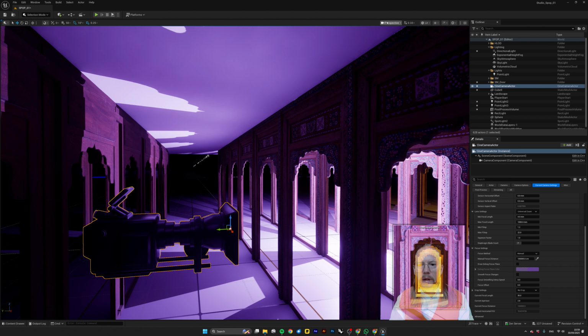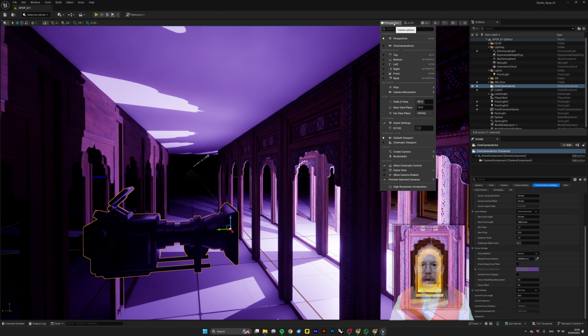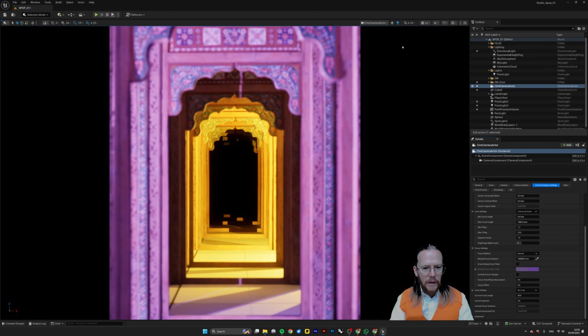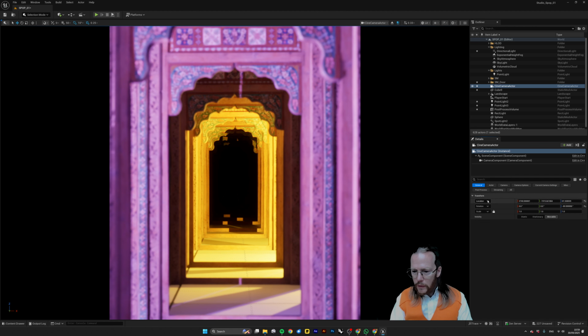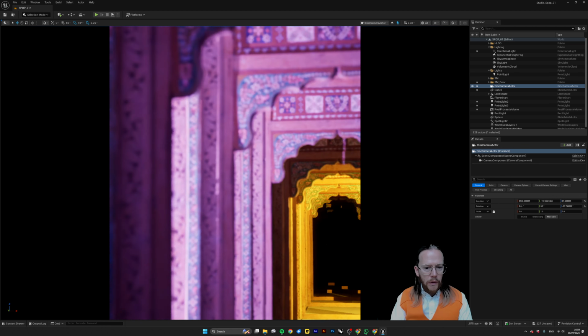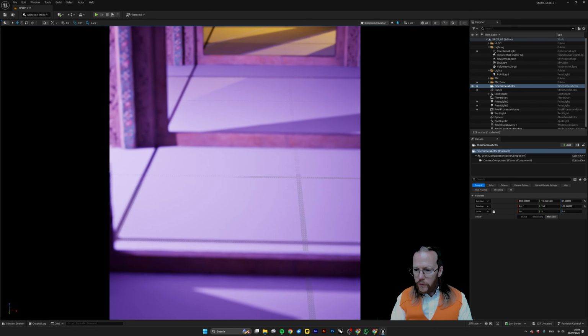Now that we added the camera, we can go up to this perspective button and change from perspective to the camera that we just created. So we click that. Now the whole view is filled up by the view from this camera. And this is described as piloting the camera, which means that whatever we do here will update the camera settings. So if we go back to general and look at these location values here, if I now move around the camera, you see that